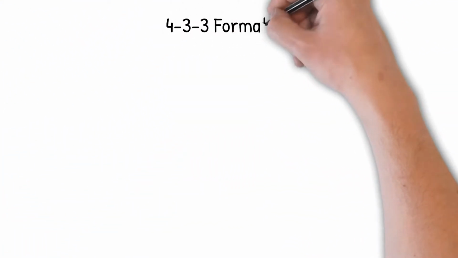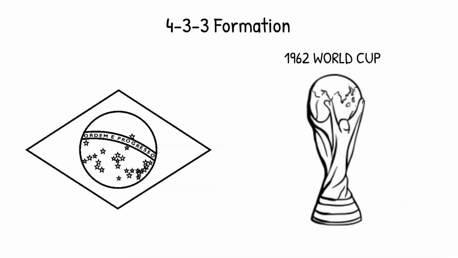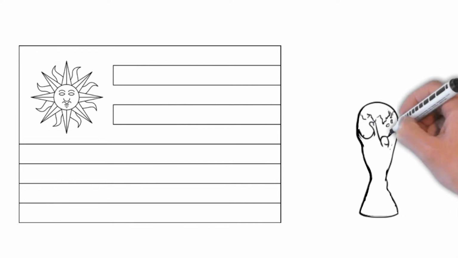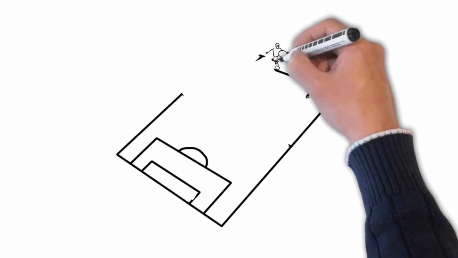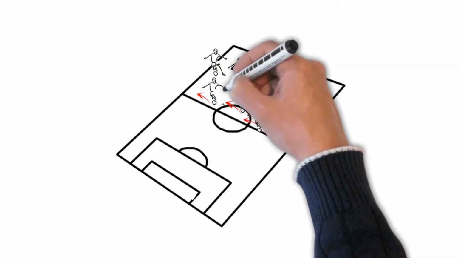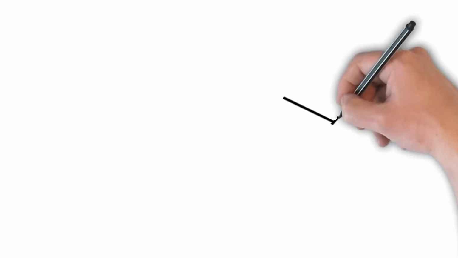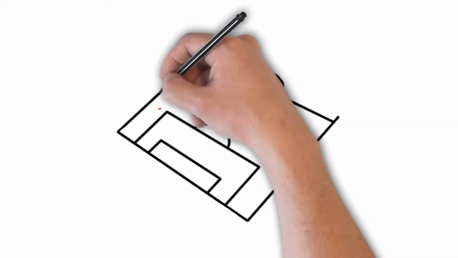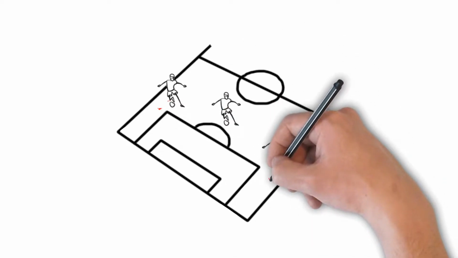The 4-3-3 was a development of the 4-2-4, and was played by the Brazilian national team in the 1962 World Cup. Although a 4-3-3 had also previously been used by the Uruguay national team in the 1950 and 1954 World Cups. The extra player in midfield allows a stronger defense, and the midfield could be staggered for different effects. The 3 midfielders normally play closely together to protect the defense, and move laterally across the field as a coordinated unit. The 3 forwards split across the field to spread the attack, and may be expected to mark the opposition fullbacks as opposed to doubling back to assist their own fullbacks, as do the wide midfielders in a 4-4-2.